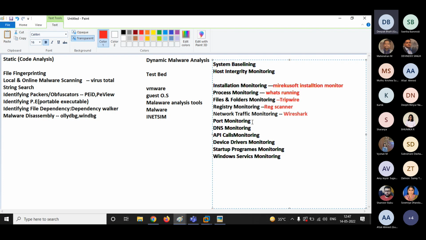For port monitoring, you can use any utility, guys, like TCPView or netstat -an. Then we have DNS monitoring. To monitor DNS, we have a tool that is known as DNSstuff.